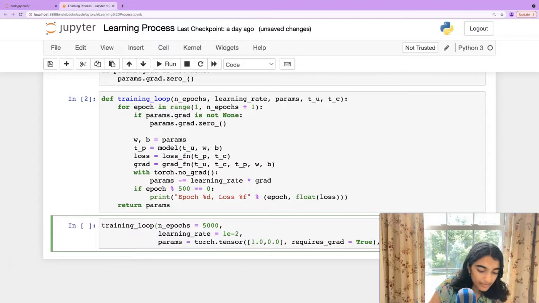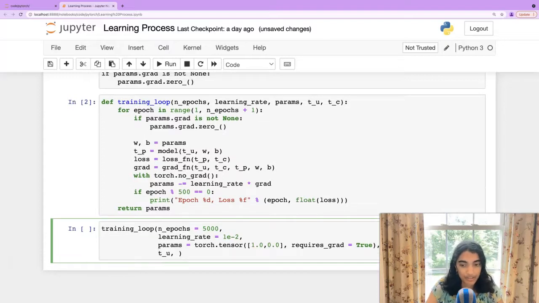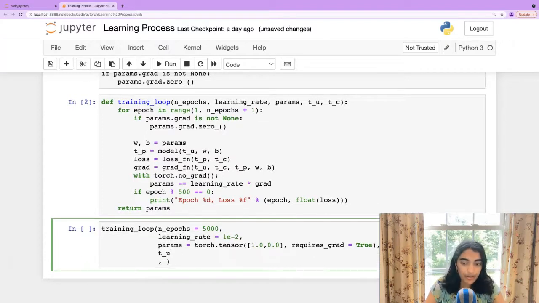And TU, temperature unknown. If you weren't following along with the example, don't worry, this is just the input, and this is going to be the output. We're going to be setting it equal to the normalized version. So U is unknown, just part of the example problem, and N means normalized. So when we run that,